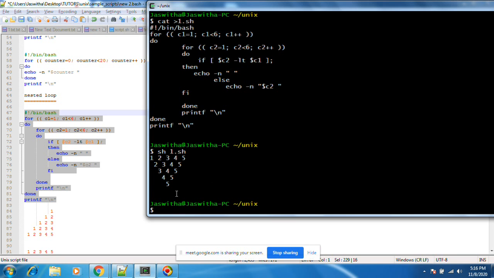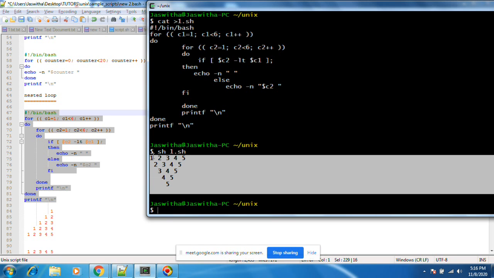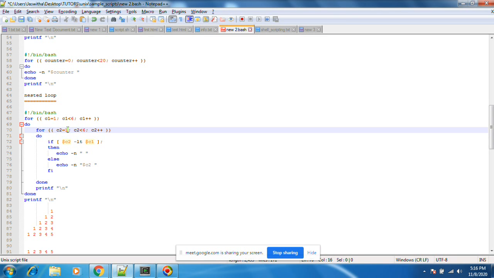This is some different structure it is giving. Something will come. Okay, need to practice better. Let's run this one.